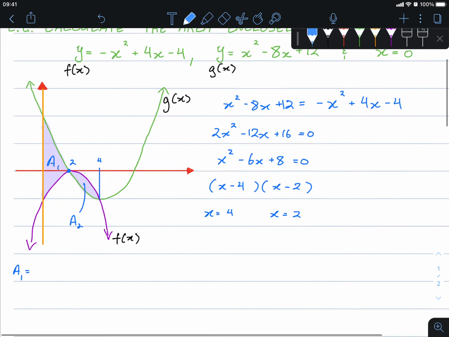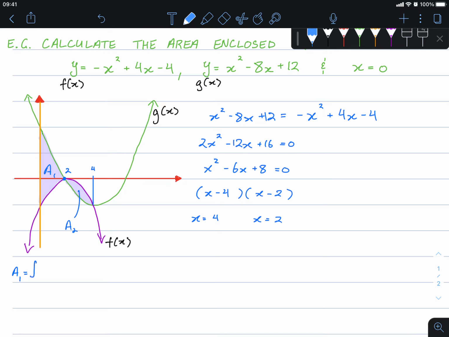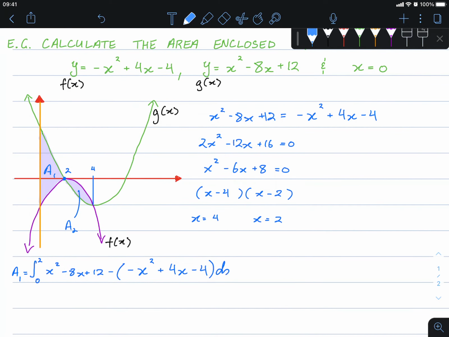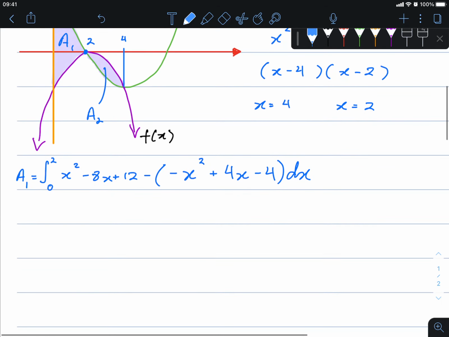Area 1 is the integral of g of x, and the interval we're looking for is from 0 to 2, of g of x plus 12 minus, because remember, this is the top function, minus the bottom function, which is f of x. For this, I'm just going to copy everything out, put it inside the bracket, and make it blue, dx. Collecting like terms,